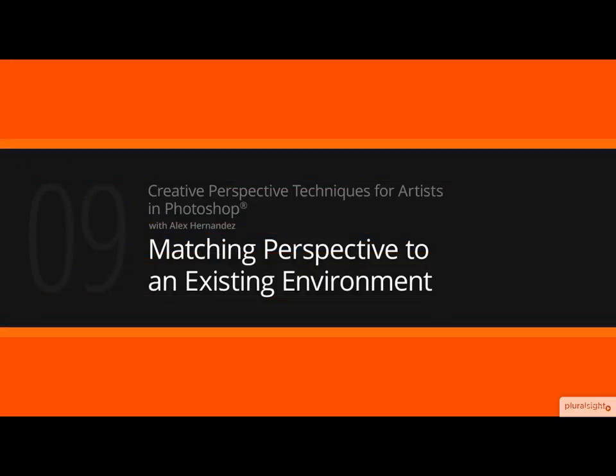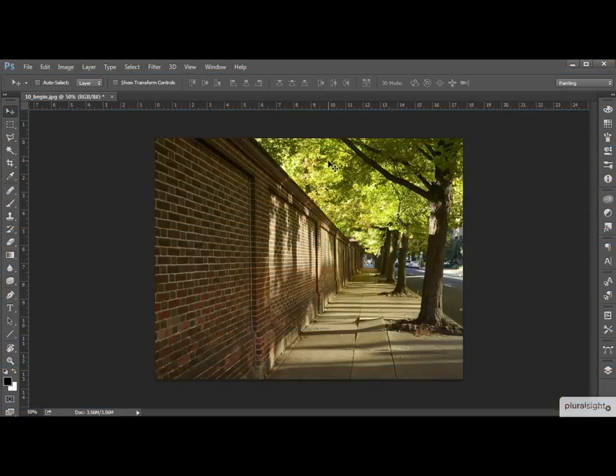In this lesson, we're going to be matching perspective to an existing environment. In our last lesson, we were able to draw a complex object using perspective to help us fine-tune our sketch. Now we're going to take an existing environment that actually has a vanishing point and a perspective, and we're going to draw something in so that we can match